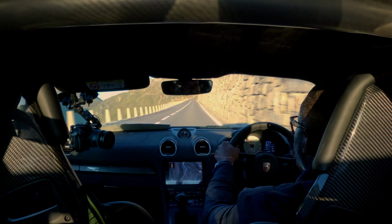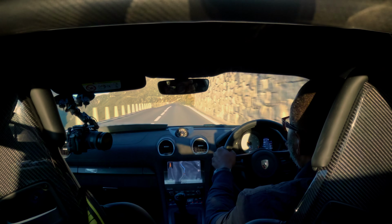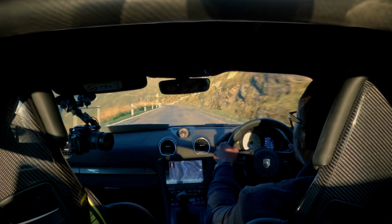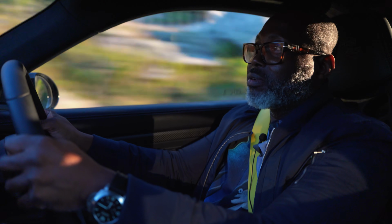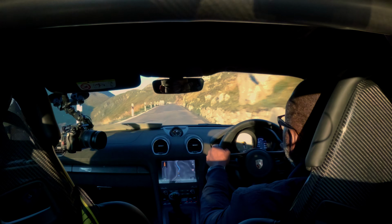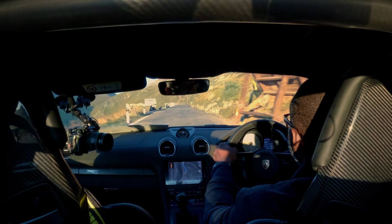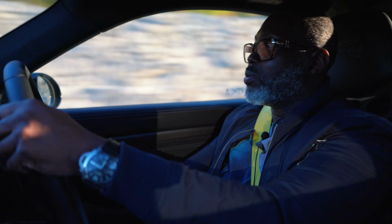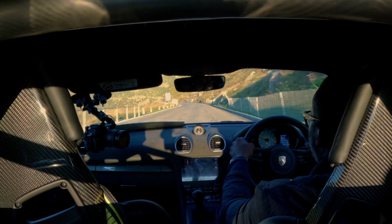Look at it, bathed in glorious sunrise. This is why you drive. This is why we do what we do. For the thrill, for the sheer enjoyment, for the pleasure in the environment you're driving through. What on earth is going on here? This is why we do what we do. Why we come out, why we seek these roads